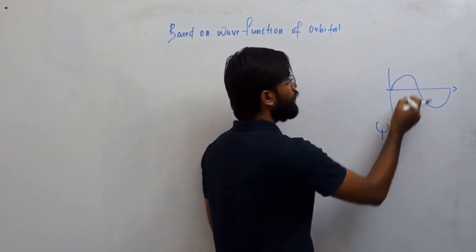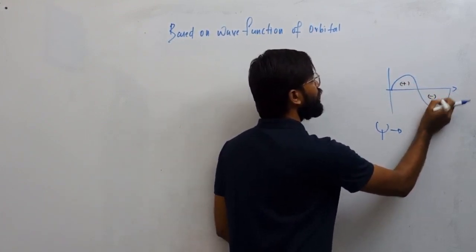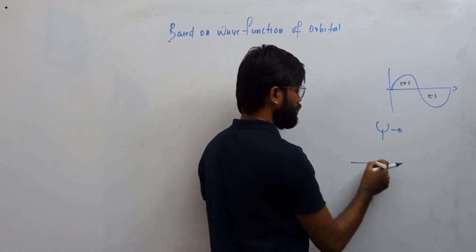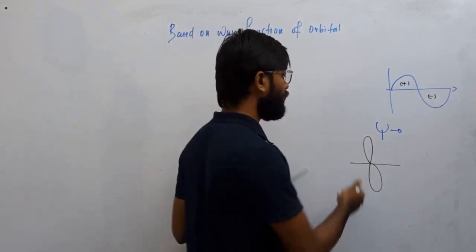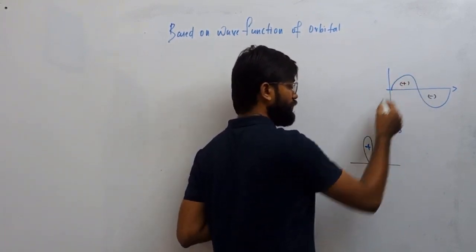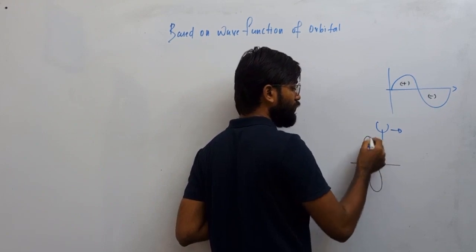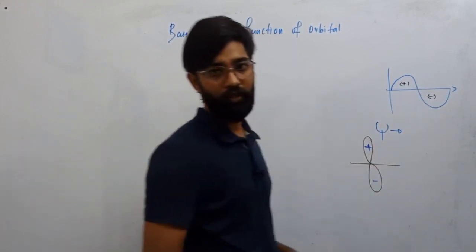Okay, so every electron wave has a positive crest and a negative trough, right? So if I have a p orbital like this, this positive lobe is analogous to the positive crest, and the negative lobe is analogous to the negative trough. Okay,